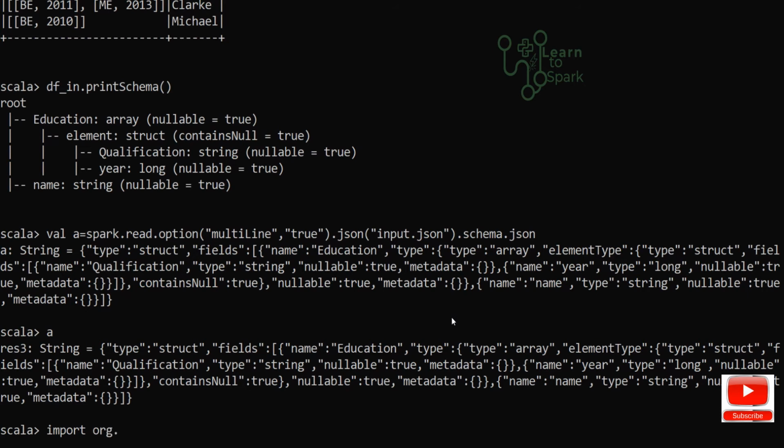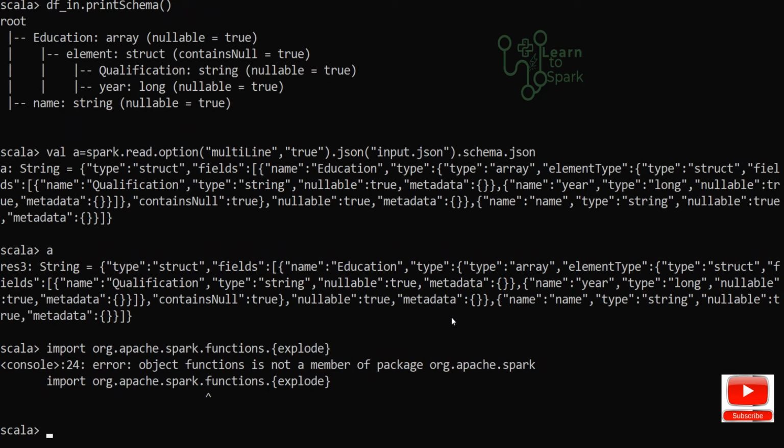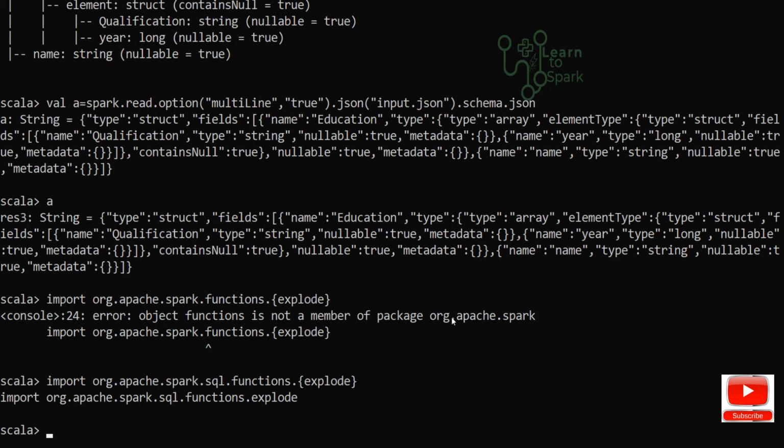For that, from org.apache.spark.sql.functions, sorry. So now we have added the library.